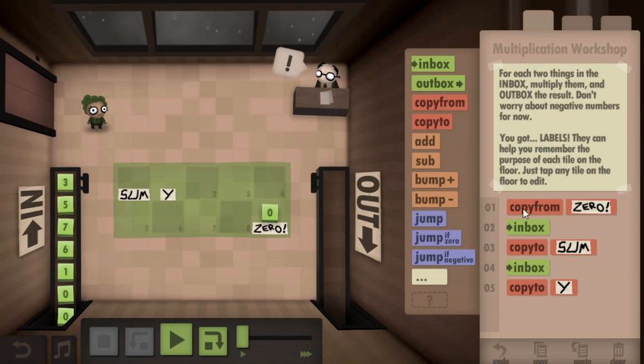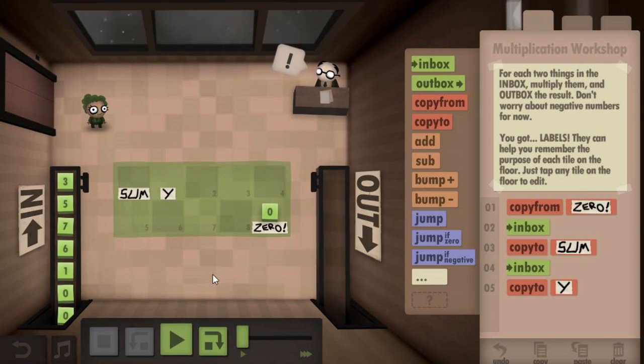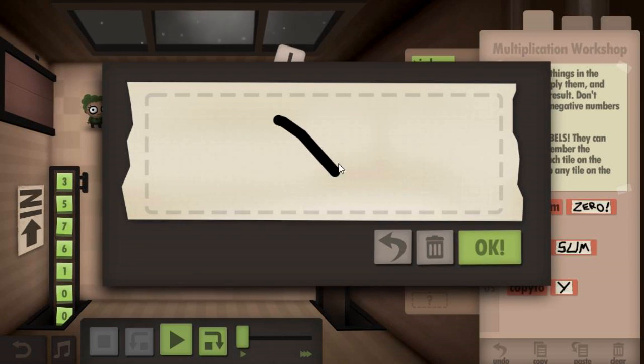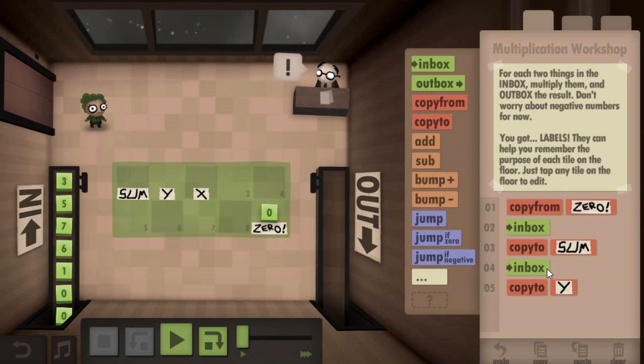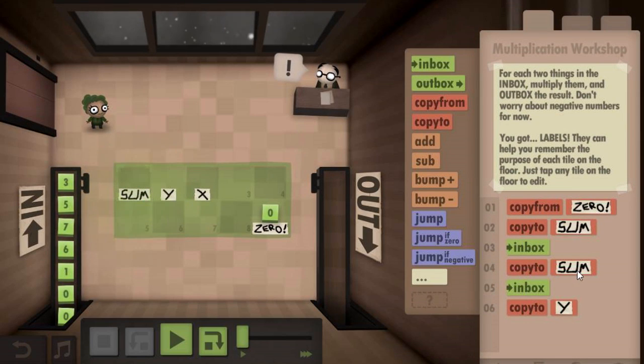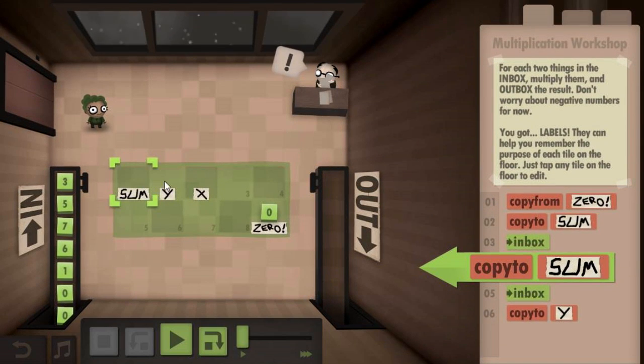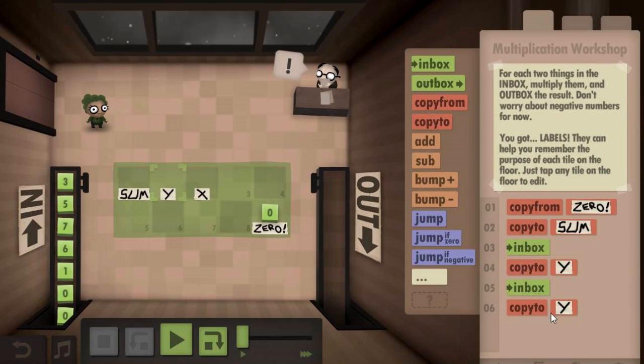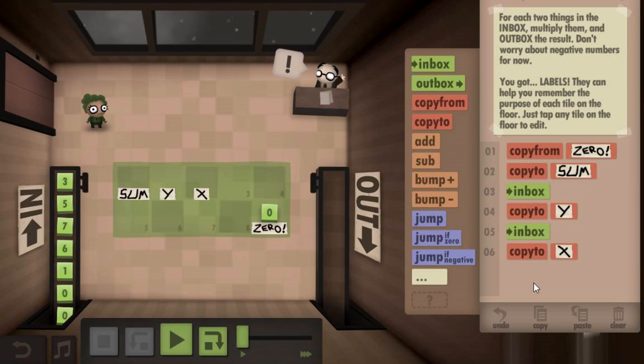Okay, so we need to copy the zero to the sum. Yeah, we are doing this or not. I'm not sure. Maybe we need another variable. Yeah, we probably do. So let's get that x back here. And then copy this to sum and save the first number here, second number here. Okay. So now,